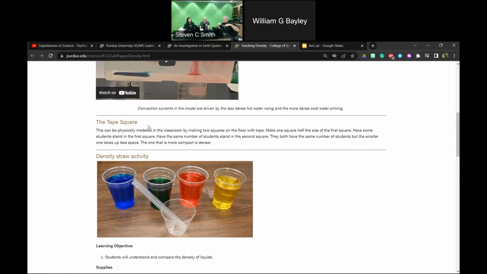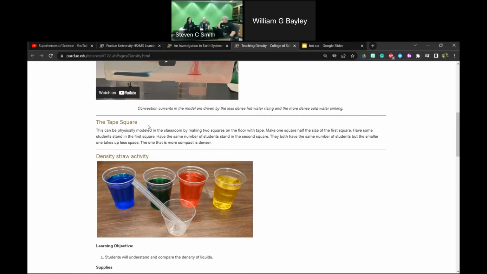And then I always went like, okay, what if I add like 300 people in there? Well, then they're going to have to start stacking. And so they start talking about how it's going to get heavier. It's such a visual for density, because then you pull them all out and you have one kid in there and you're like, okay, this is easy. I like it for the stack part, because eventually when you get to so many kids in there, the next one has to go on the next level because there's no more room. And so that goes back to the density straws here in a minute.